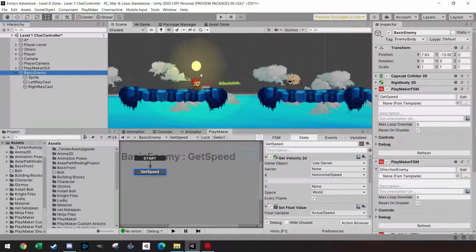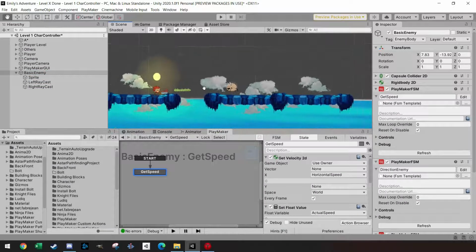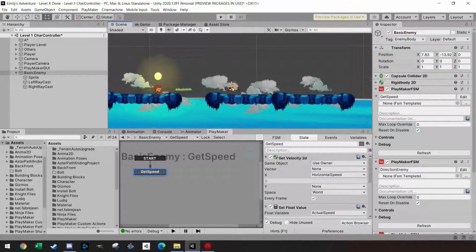So let's set up now the health bar, and I want to set up two FSMs today, one for the health bar and one for, let's say, a fall death, because I can also bounce the enemy off and I don't want the enemy to fall forever. So at a certain speed, the enemy will just die then. But let's get started with